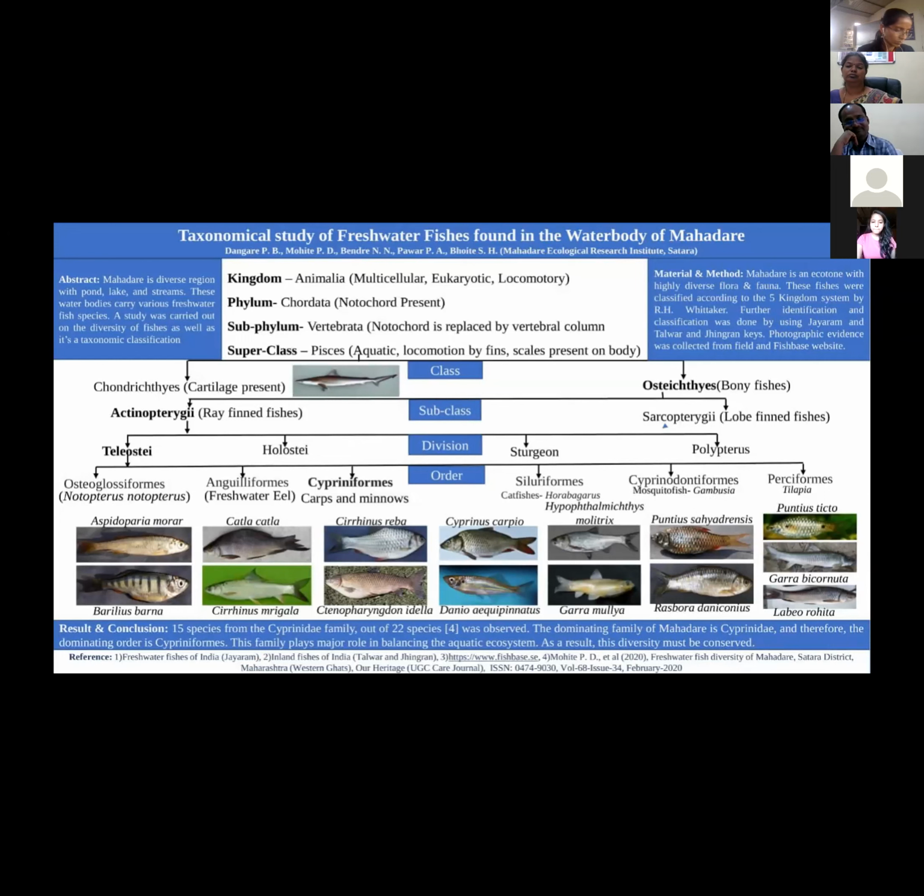Sir, katla is an exotic fish, and already katla is there in your picture. Yes. How are you going to avoid it? Already that is in there, that river. What are you taking, that pond? Introduced from some